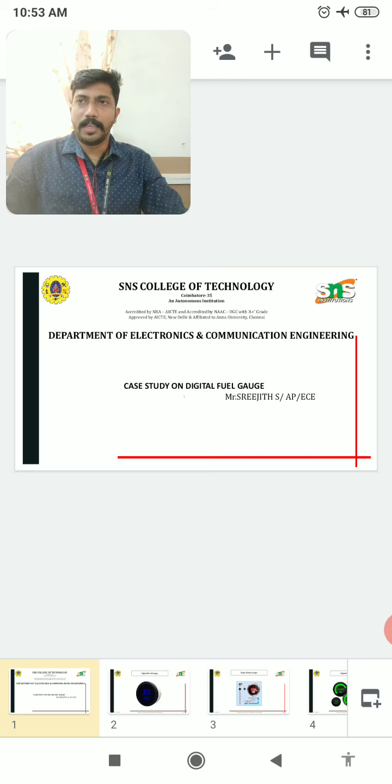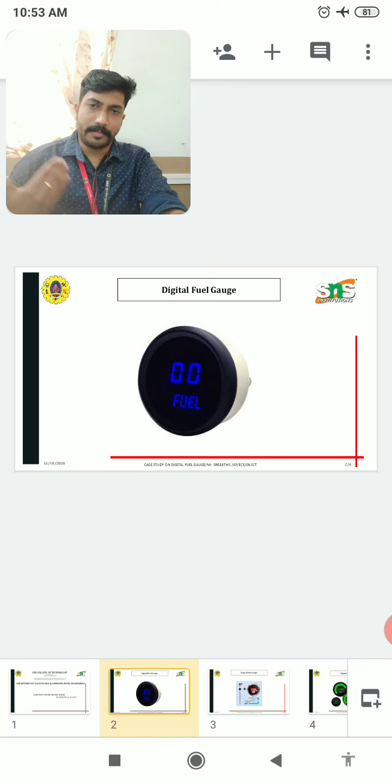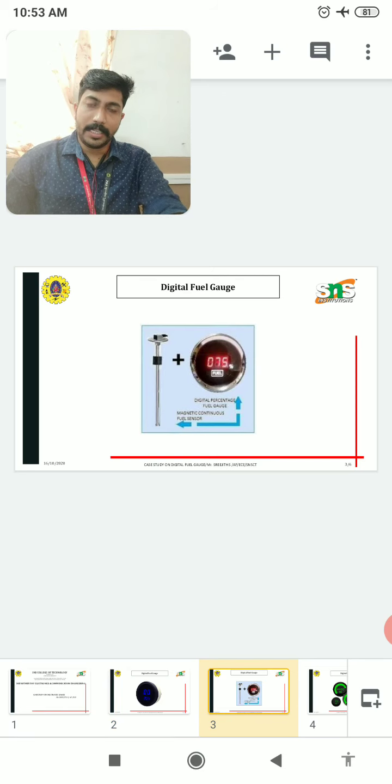When we speak of how a digital fuel gauge works, an electric current is sent through a variable resistor to which a float is connected. So the value of the resistance depends upon the fuel level. These are the typical designs of a fuel gauge. In most automotive fuel gauges, such resistors are on the inward side, that is inside the tank. There are chances of getting corrosion, but still accuracy is much higher in that.